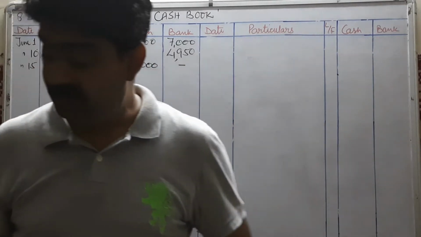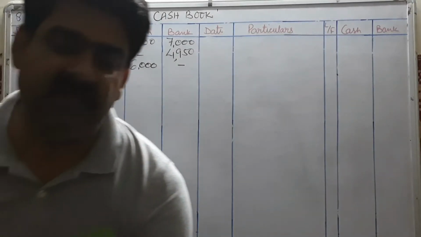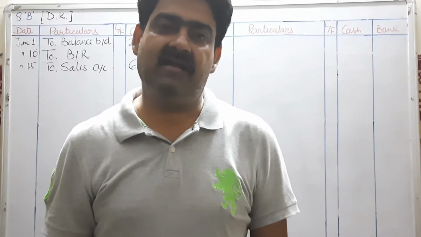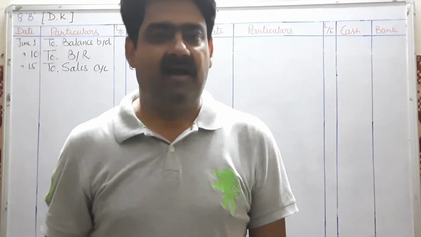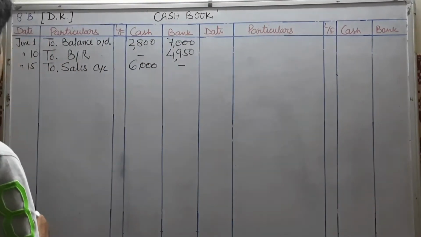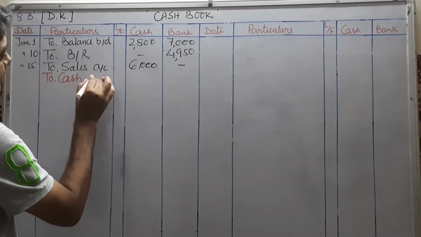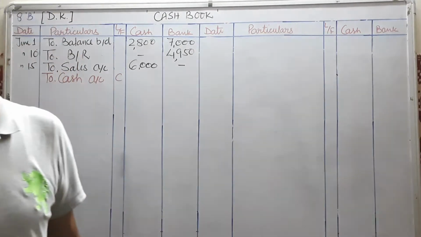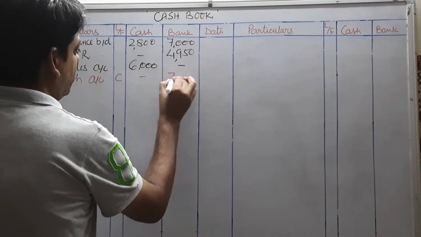Okay. See next transaction, June 18, paid into bank rupees 3,000. Once again this is contra entry. So whenever we will pay amount into our bank, entry will be bank account debit to cash, and such transactions will be treated as contra entry, and treatment of contra entries will come on both sides. So bank account debit to cash, treatment in debit side will come to cash account, and in the column of ledger folio we will denote it by C. C means contra, and we are depositing 3,000 rupees. So 3,000 rupees will come in bank column.